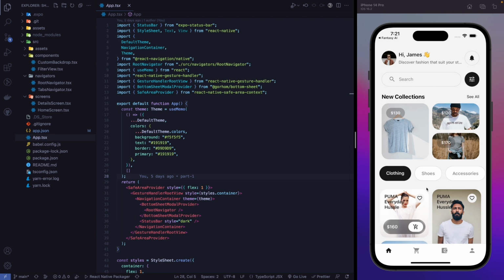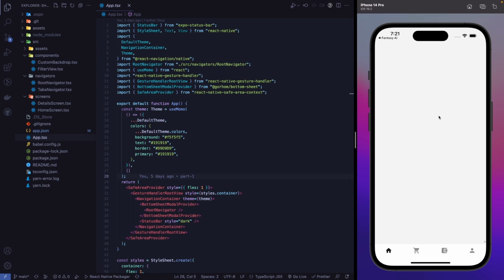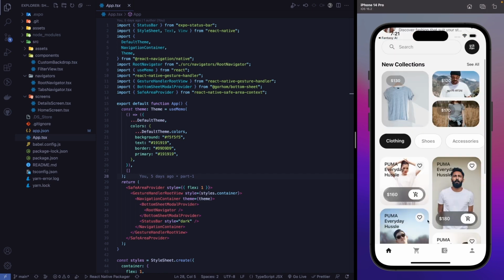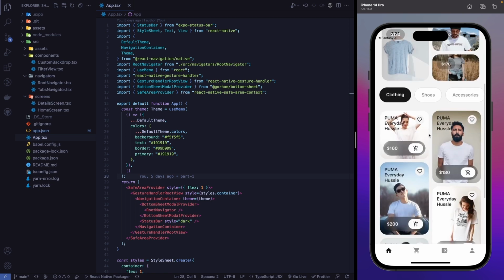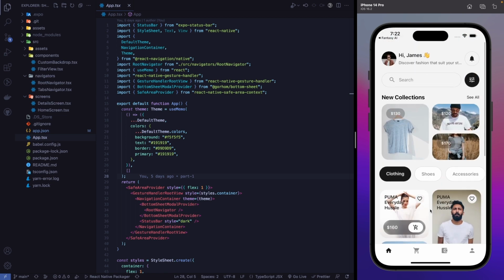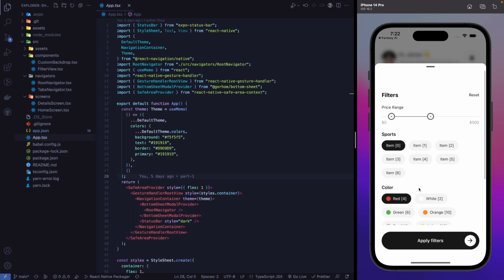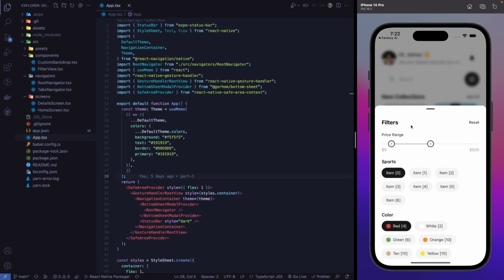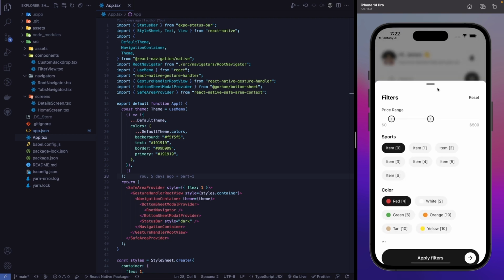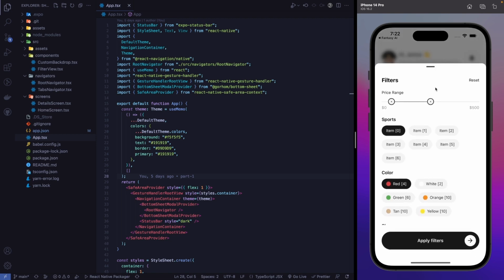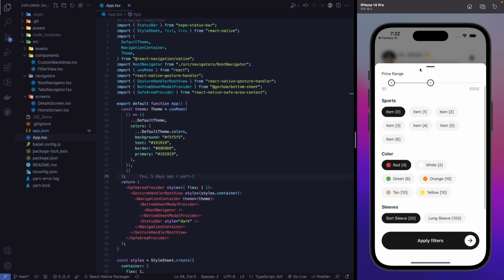In the first part, we have managed to create the home screen where we added a grid view, then we have added a masonry grid list, then these chips, and we have managed to create this filter section and this awesome blur. So in this video we will cover how we can create this slider range selector, and